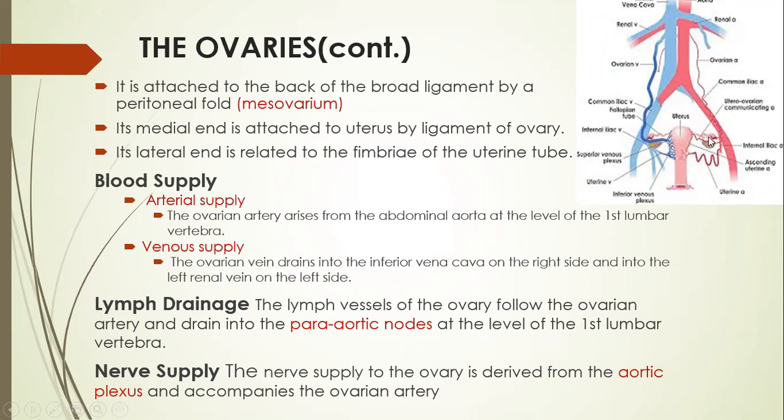So this is also similar to that of the testicular arteries and veins. Varicosity is less common in the female. And if it is present, the varicocele will be on the left side rather than the right side because of the drainage. The lymphatic drainage is into the para-aortic group of lymph nodes, again similar to that of the testis. Very similar. If you study the testis, it is very similar to the ovaries. Nerve supply is by a plexus called the aortic plexus. Okay, the aortic plexus will be around this and accompany the ovarian artery.